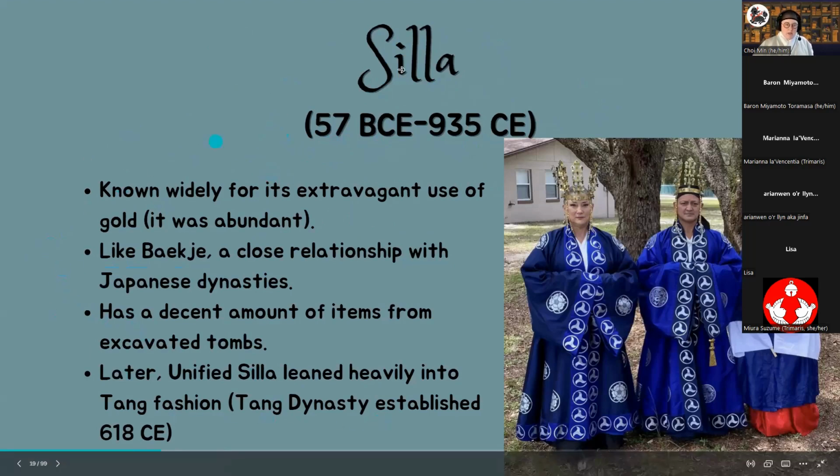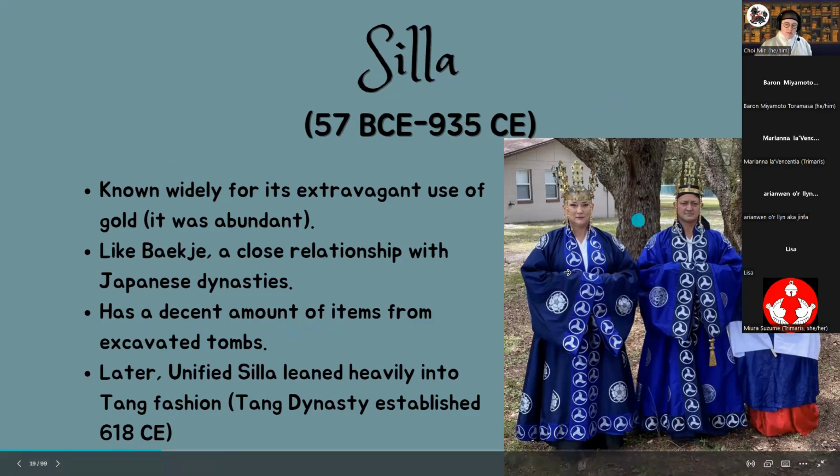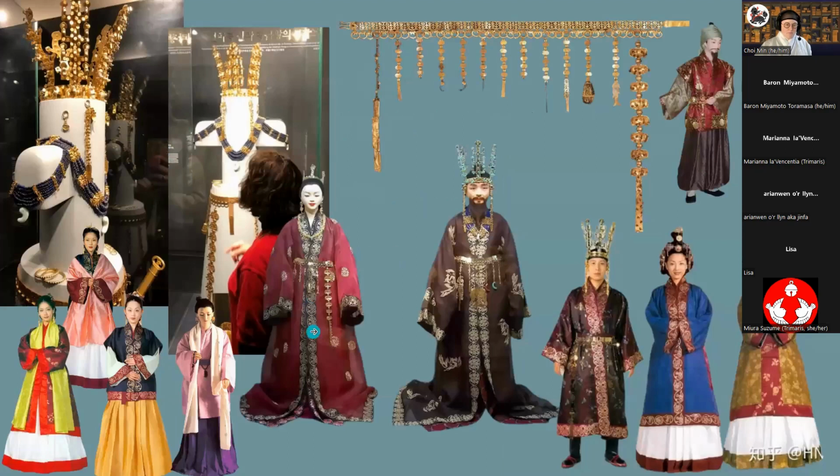So I kind of glaze over early Silla because it's kind of assumed that a lot of the shapes are similar to Baekje and Goguryeo. How are we doing on time? Oh boy. Okay, I gotta speed up. And so anyway, we have a ton of like the metal work that has been excavated from tombs and like beads and stuff, but we don't necessarily have a bunch of other things.